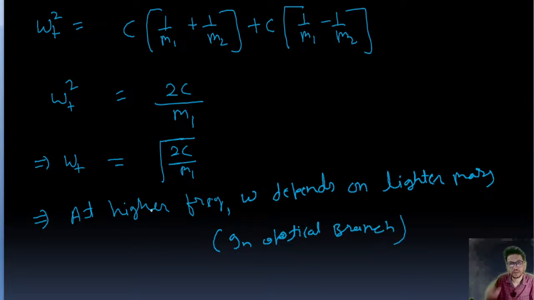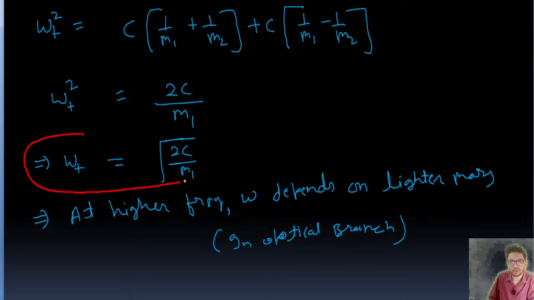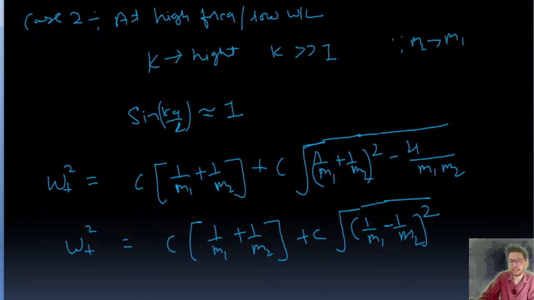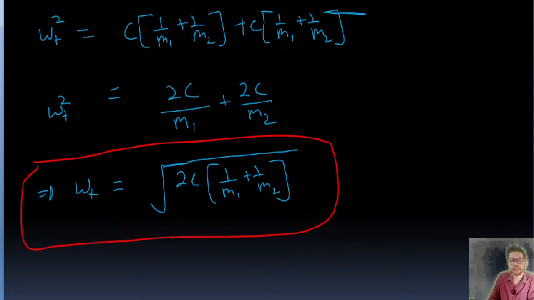So we have studied different cases for the optical branch, and we've got this value. These values are important. Omega plus is this for higher frequency, and omega plus for low frequency. Okay, next guys,